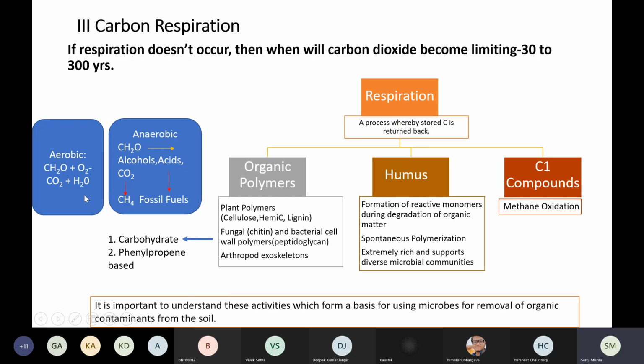Okay, however, apart from this, there is anaerobic respiration, which is also constantly going on Earth, in the absence of oxygen. As a result, CH2O, which is nothing but a carbohydrate, can be converted through partial degradation in the absence of molecular oxygen into volatile fatty acids, which are listed here, or for example alcohols, like butanol and ethanol, etc., which are